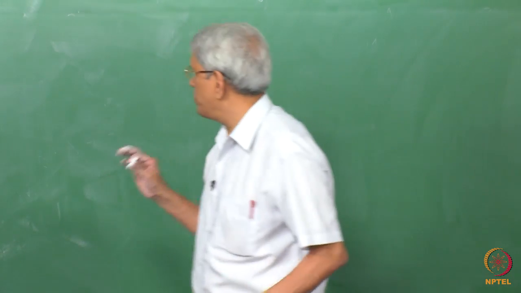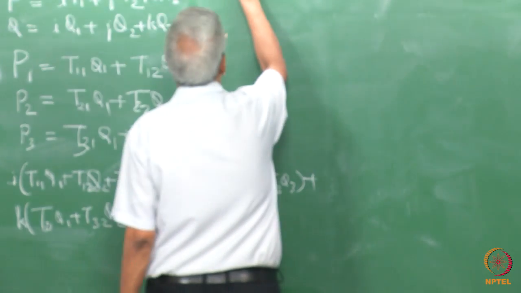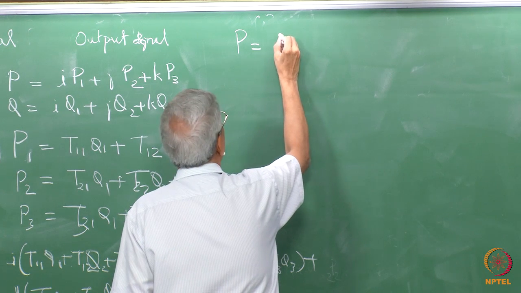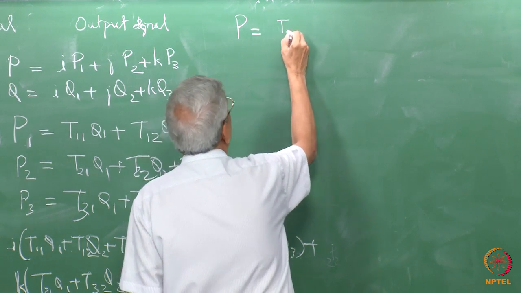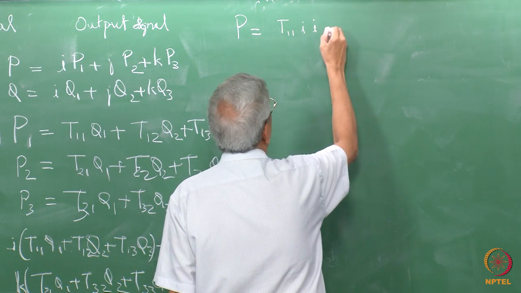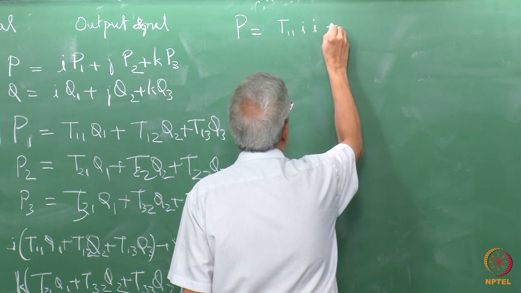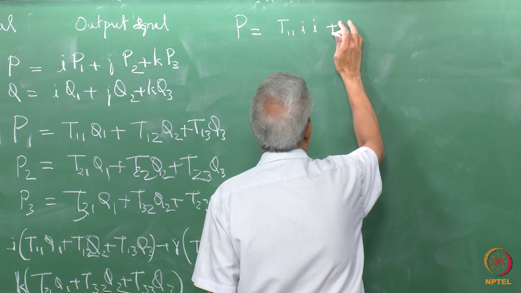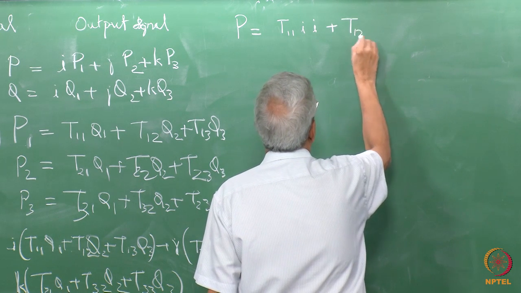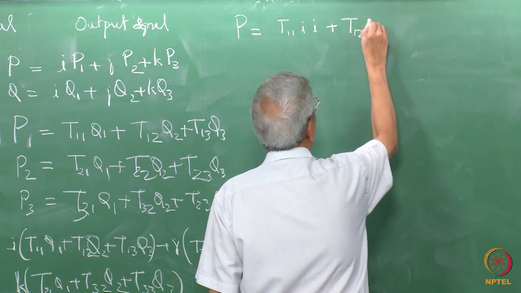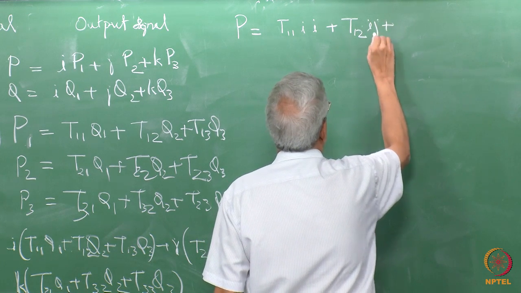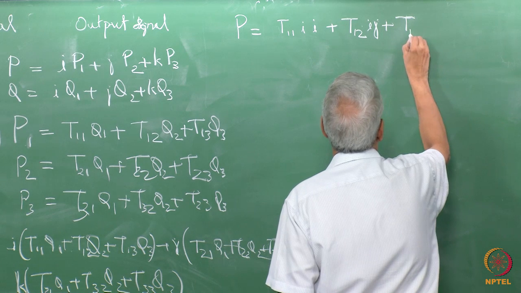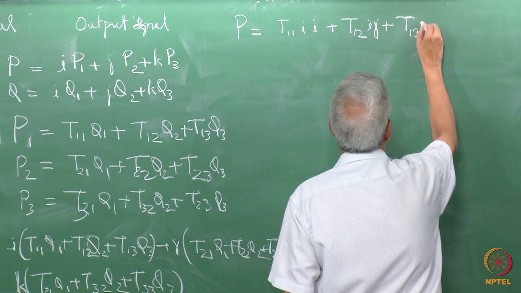One way in which it could be written is T11 into Ii, then T12 into Ij, plus T13 into Ik,